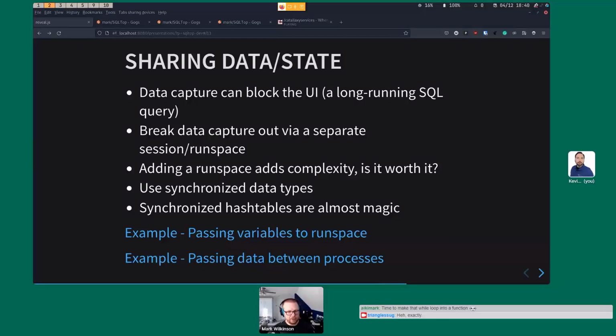What I'm doing with SQLTop is the data capture portion of it is running in a separate run space than the UI. So it's actually running in a separate process and then communicating back to the UI whenever it has new data. I'm doing this using something called synchronized data types. It allows me to define a variable in the UI code, and then pass that variable down to the data access code, and the two layers can communicate with each other via that variable. And as you'll find out, synchronized hash tables are almost magical, and I will show you why. So first,